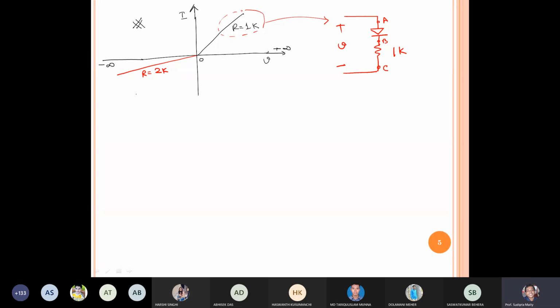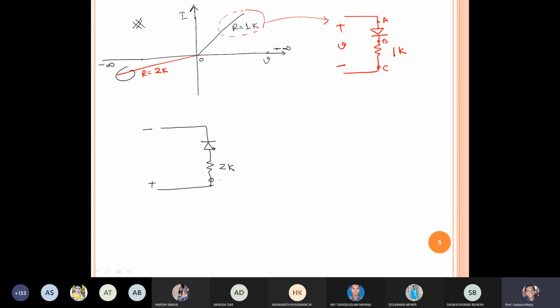Okay, now in this case, obviously there will be some current, but the current will be in the negative direction. As it is minus, as it is plus. So now it is voltage. So I have to place one diode in the reverse direction, otherwise there will be no current. So in this case there will be one kind of current, and the resistance should be 2K.